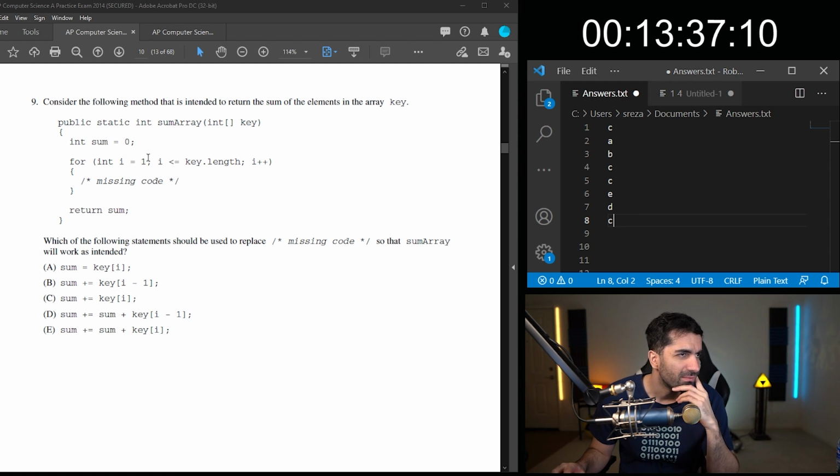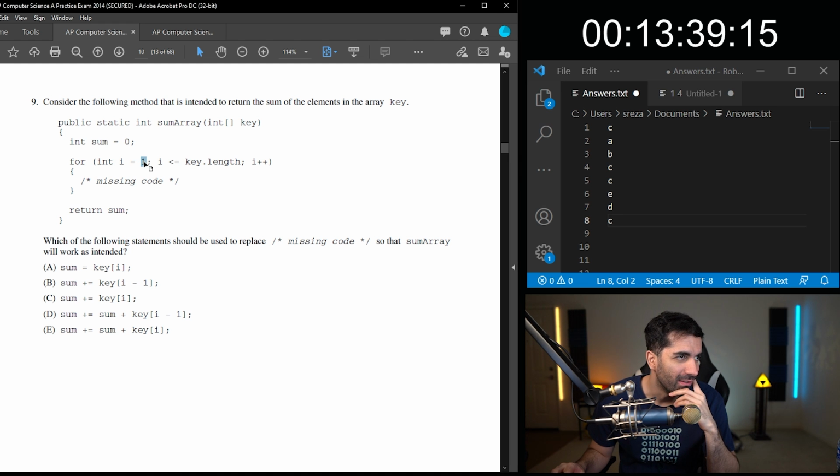So the fact that it's starting at 1 means that we would have to do i minus 1. Sum plus equals key[i - 1].